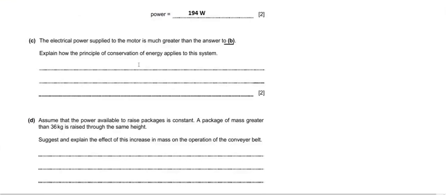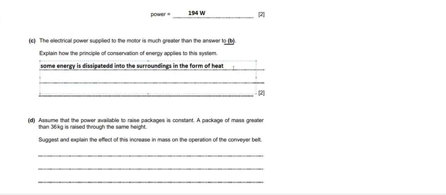It is actually always taking place, but practically some amount of energy is always converted into some other form of energy. So the principle of conservation of energy is always there. So we can write down here: some energy that we are going to provide at the beginning is dissipated into the surrounding, or you can write down in the form of heat, namely in the form of the heat, and some energy is dissipated, but it does not mean the total energy conservation is not there, but we can write down the total